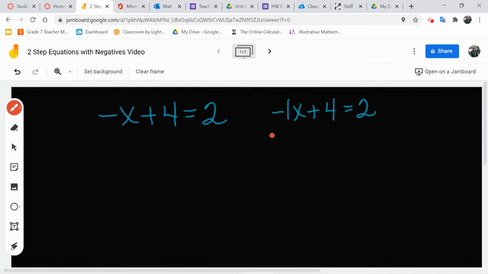All right, so our first step is going to be to move that 4. The opposite of adding 4 is subtracting 4. And now you're going to see why I write my numbers horizontally on this side, so that when I have integers, I can deal with them. We have 4 and a negative 4. Remember, a number and its opposite added together give us 0 or none, leaving us with negative 1x is equal